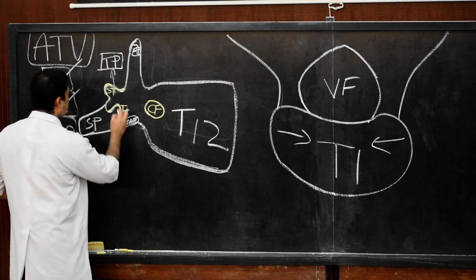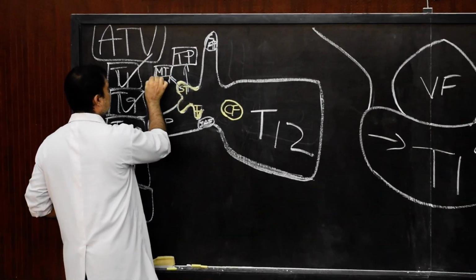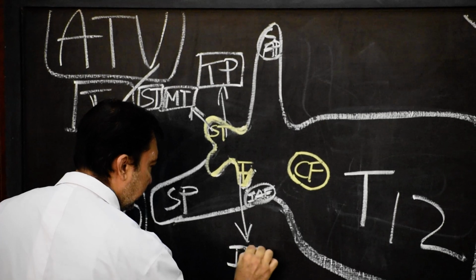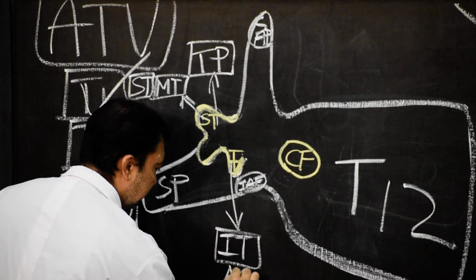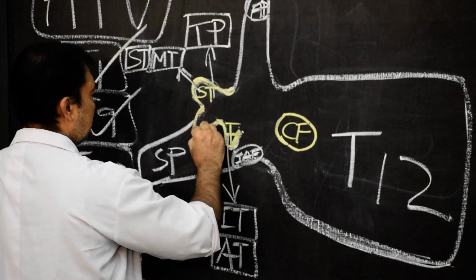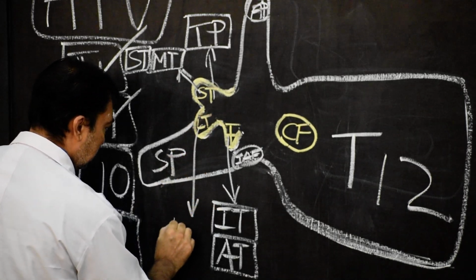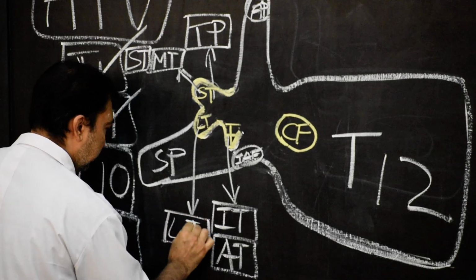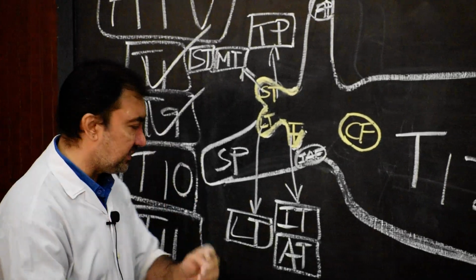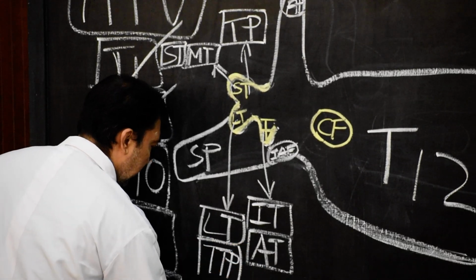So here, if I represent this, I simply show this as mammillary tubercle. It is representing mammillary tubercle, that is superior tubercle. Here, this one I will mark as inferior tubercle, which will represent the accessory tubercle of lumbar vertebrae. And then this one over here is the lateral tubercle, and this lateral tubercle of the transverse process of T12 will represent the true transverse process. It will represent the true transverse process of T12 itself.